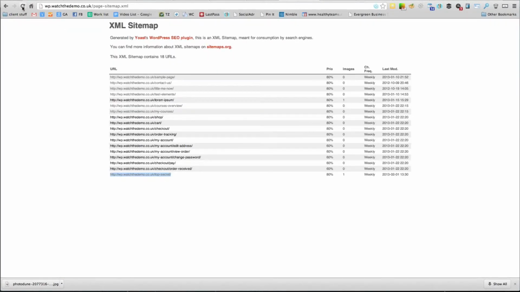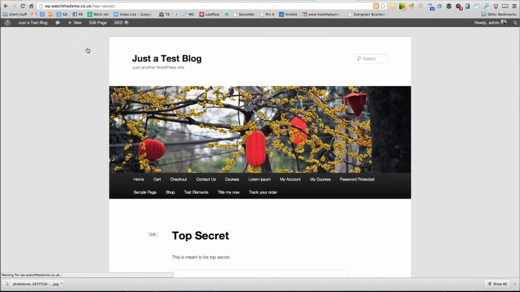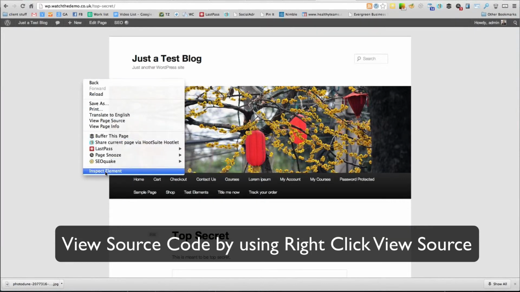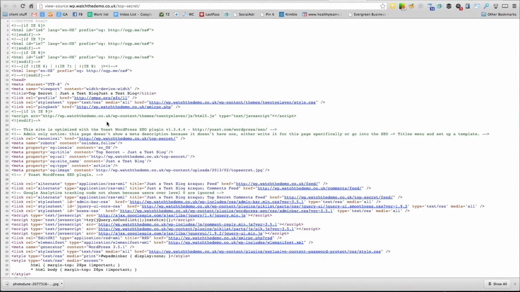Okay, so let's just refresh. That was the page sitemap, and you can see that that one's disappeared quite nicely. The other thing that it did was it actually added some code to the top of the page itself. So if we view the page, this is how you can double check to see whether you've done what you need to do. If we do a search for no index, you'll see a little bit down here that says robots noindex. You probably want to get rid of follow as well, so let's go back and do that,